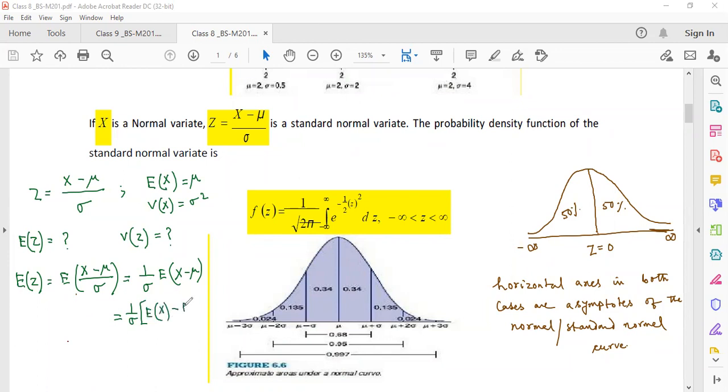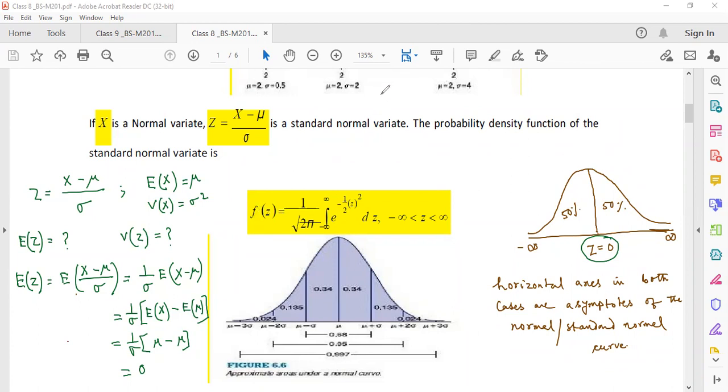Or you can do it mathematically by applying the expectation rule. You can apply expectation on both the terms, and you know that already by definition E(x) is mu and expectation of a constant is the constant, so this is mu, and therefore the result is 0, and therefore the origin has shifted to 0. Therefore the mean of the standard normal variable is 0. Remember, if the normal variable has mean mu, the standard normal variable has mean 0. Okay, this is one part. Let us try to find out the part which will give us the value for V(z).